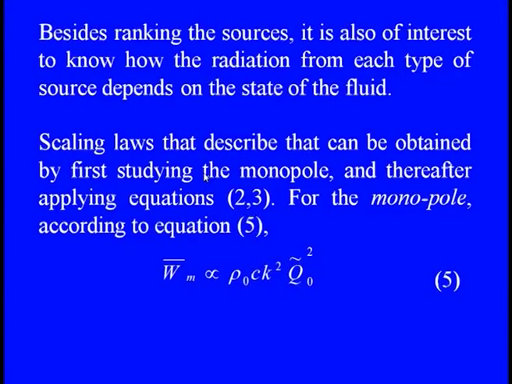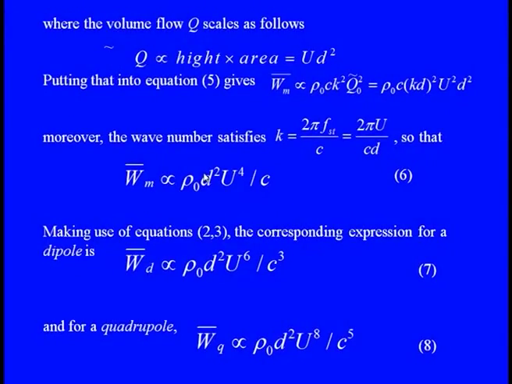Say the monopole power source is Wm. Then Wm is proportional to the density rho 0 Ck square Q0 square. The Q0 square is basically the volume discharge, showing how the variations are there, and the density is also one of the important figures here. If we consider this volume flow Q in the scale feature, then it is nothing but equal to UD square. And when we keep this into our main